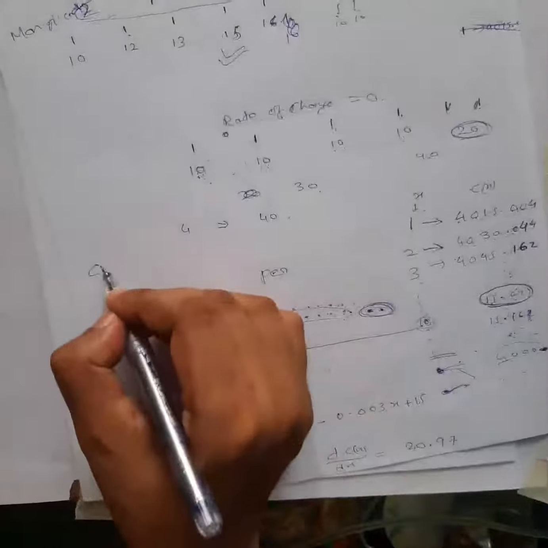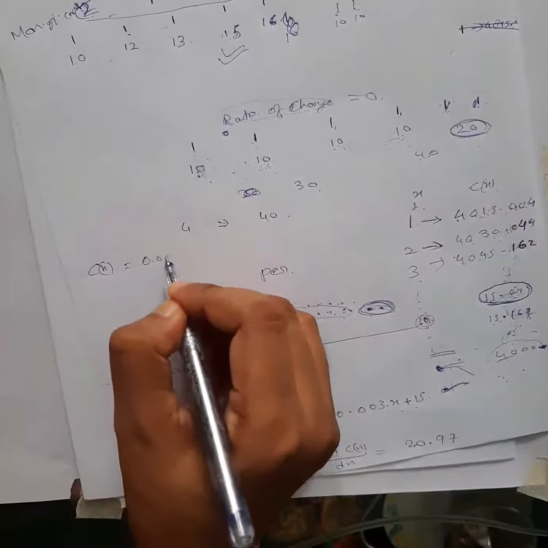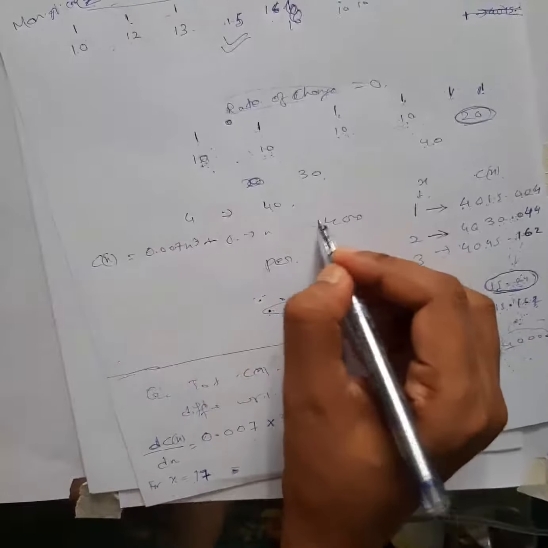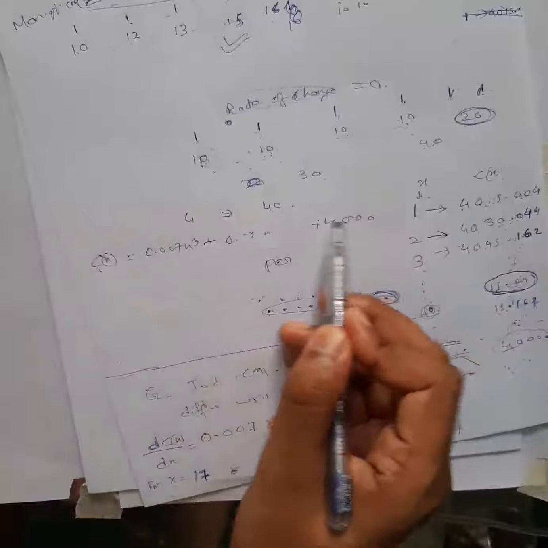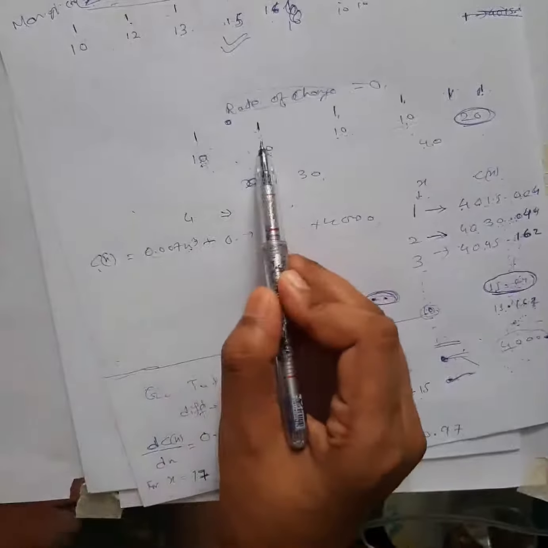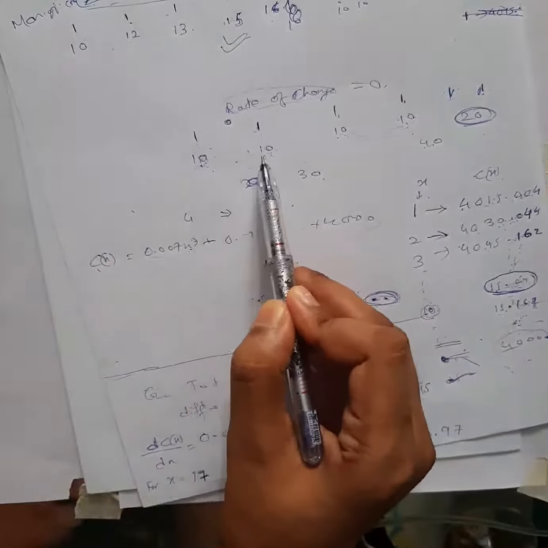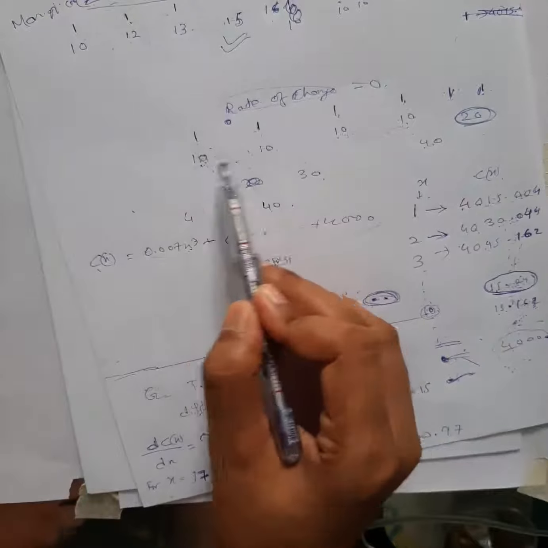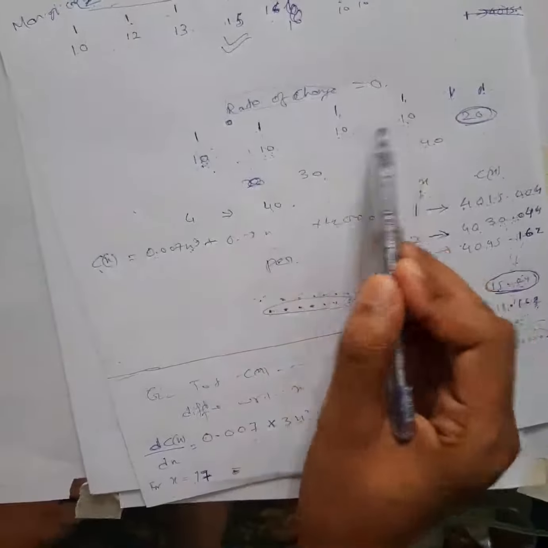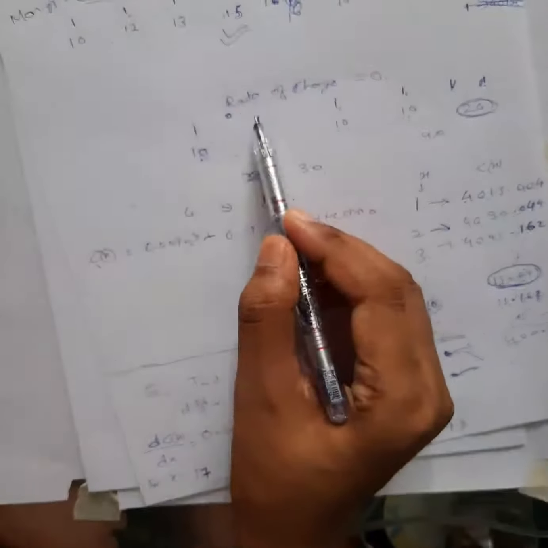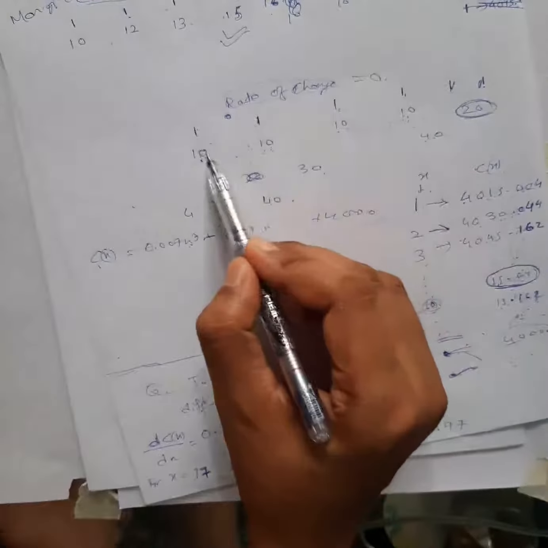Same way here also they have given the cost, total cost is 0.007 x cube minus 0.3 x square, something like this, plus 4000. So here you can see the total cost is variable. If you take one product, whatever cost comes out, for the second product it won't be the same. Means the first product's price, the second product won't be the same. As a total also, if you add up, you know the average between any two products will be different, you won't get the same average there. Means there will be a rate of change of total cost, there will be change. In this case it is 0.